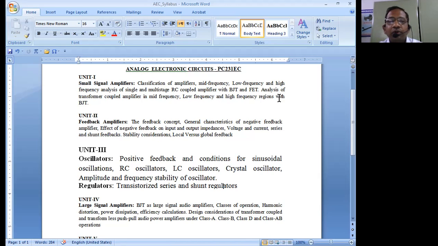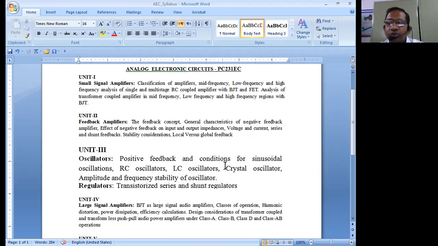And the second unit is going to be what? Feedback amplifiers. Feedback consists of negative feedback amplifiers and positive feedback amplifiers. We discussed both negative as well as positive feedback amplifiers, and we discussed that negative feedback amplifiers are preferred. The first and foremost reason why negative feedback amplifiers are preferred is to get a stable output. Even though the name sounds negative, it is used to achieve stability, not to disturb the output of the system.